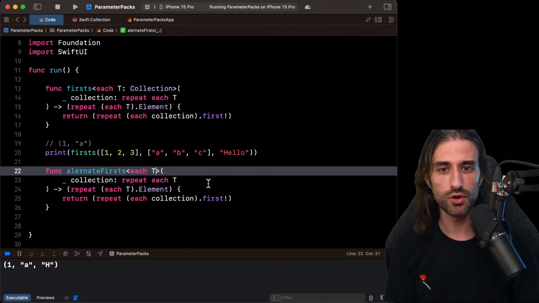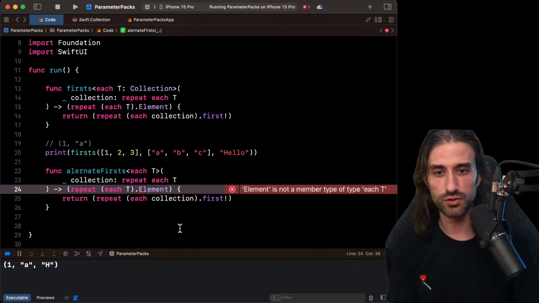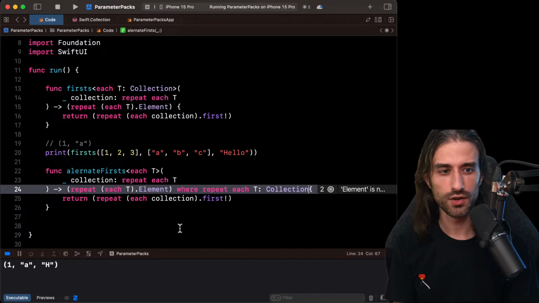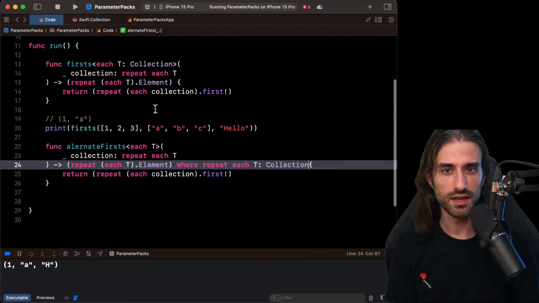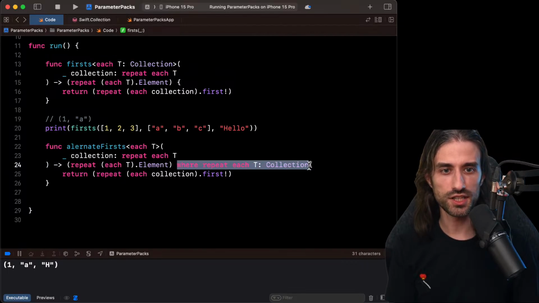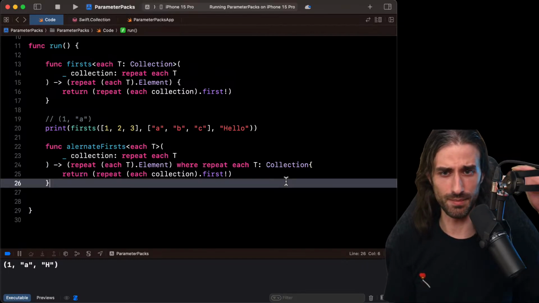But we could have also used the other possibility we have in Swift, which is to use the where keyword. And we would have said where repeat each T colon Collection, like this. These two syntaxes, so this one here and this one here, do exactly the same thing.